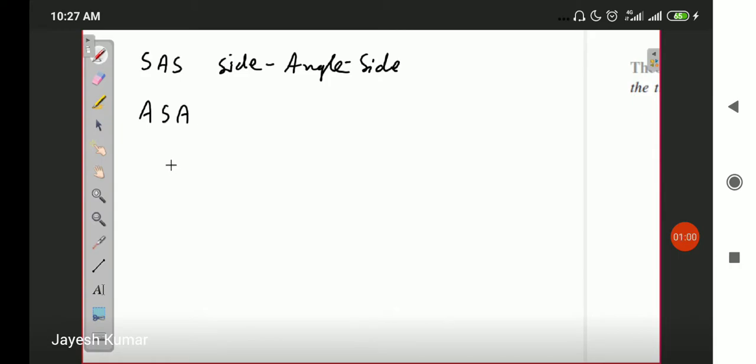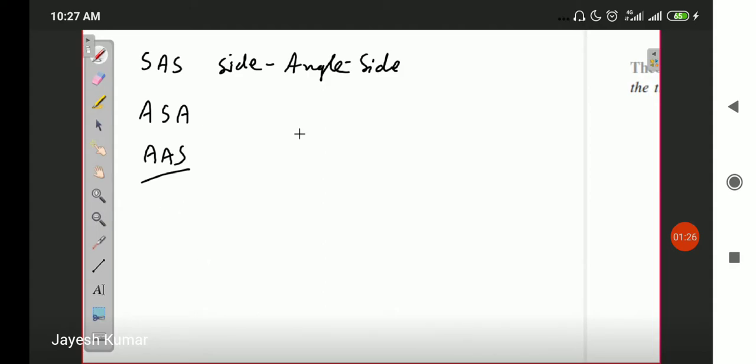Apart from that, we have covered ASA congruency. Then ASA congruency, what we have is two angles should be equal, and if the side between the angles is also equal, then the triangles are congruent. Okay. Its modified version is AAS congruency, that is any two angles and any one of the three sides are equal. In that case also the triangles are congruent.